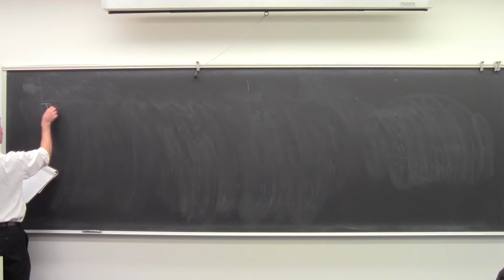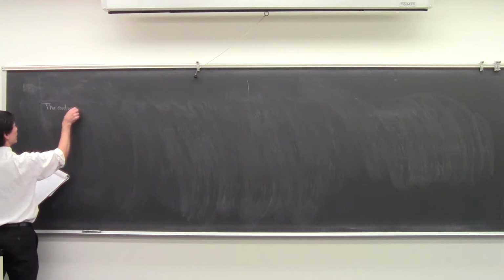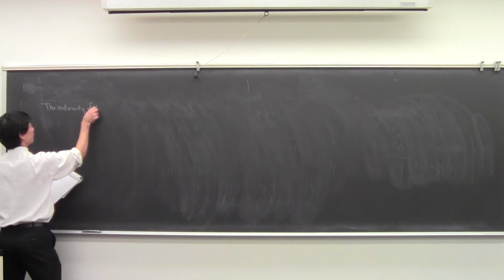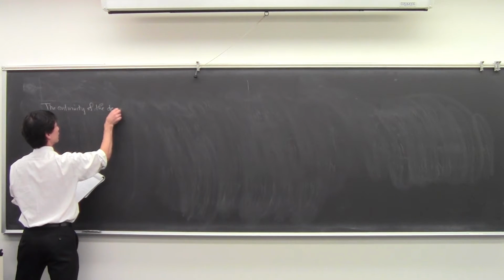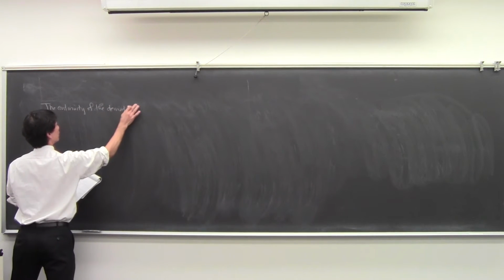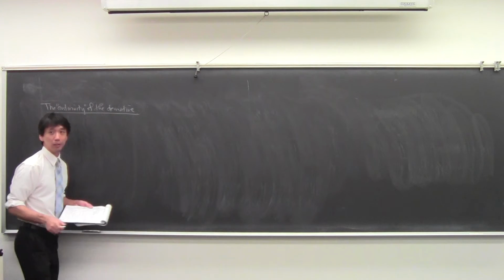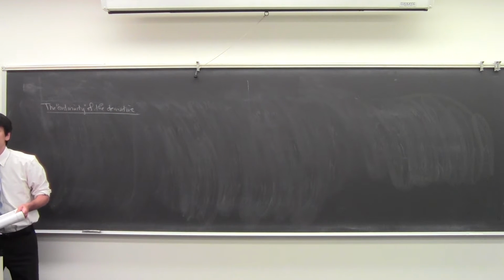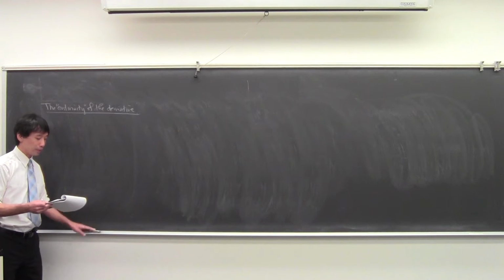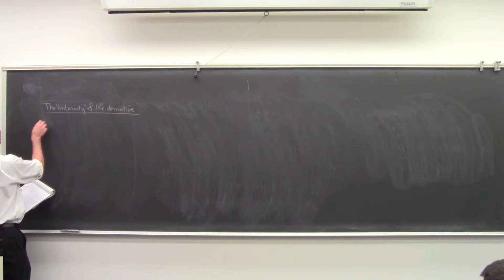So in the book, Rudin calls this next result the continuity of the derivative. And he doesn't mean that the derivative has to be continuous. Right? In fact, he gives an example immediately. He says, well, look, a remark